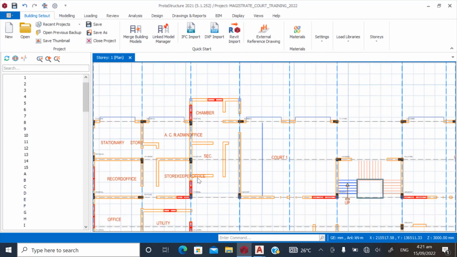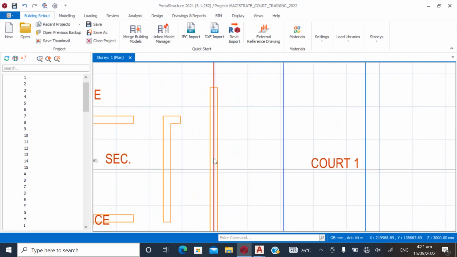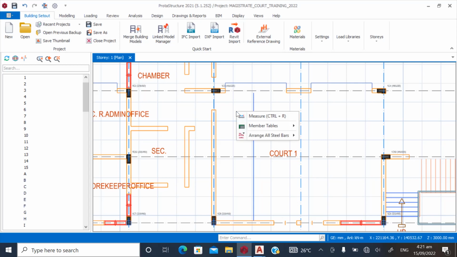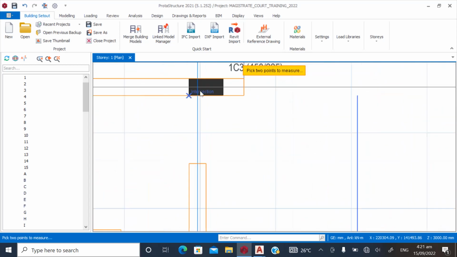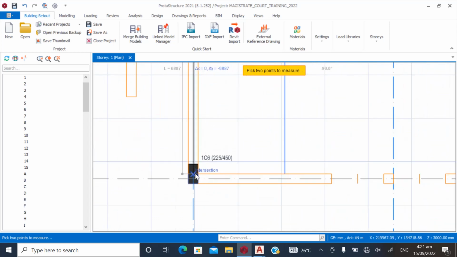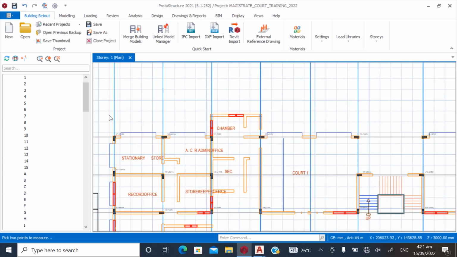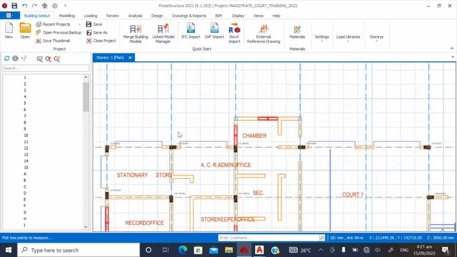Alright, now I'm going to start modeling the beams. I think I will need a column here because let's see the span here. The span is quite much. Let's see, from here, 6.88. Okay, we can leave it. Let's leave it. So now we start modeling the